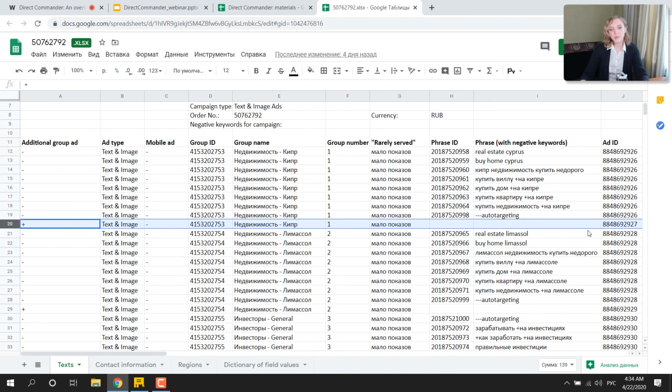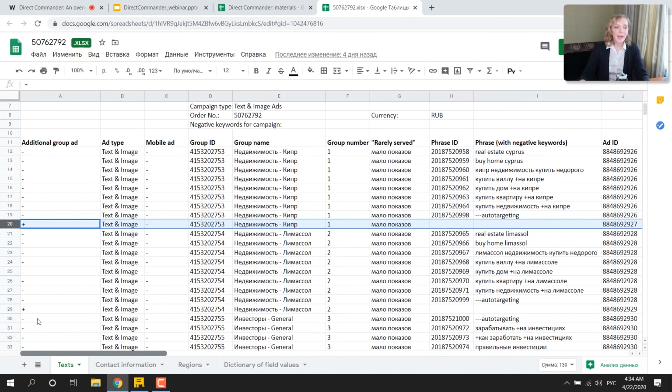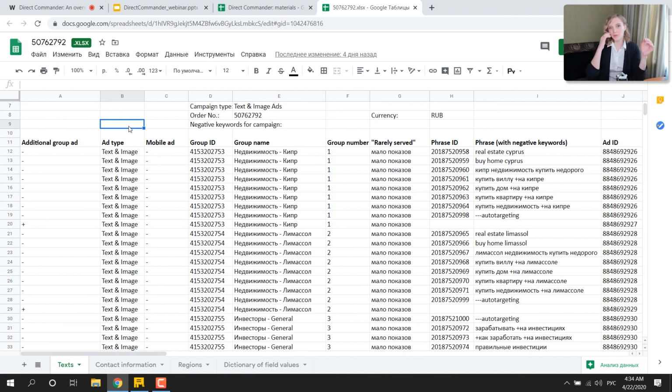As you can see here, we do not have a keyword near the ad, but we have another, second ad which we have inside that ad group. This is the special structure of the Yandex file, and you can use that file to share information with your clients or with your team, and you can use that file to apply some settings right inside of it. And after applying the changes, you can import that file back to Direct Commander